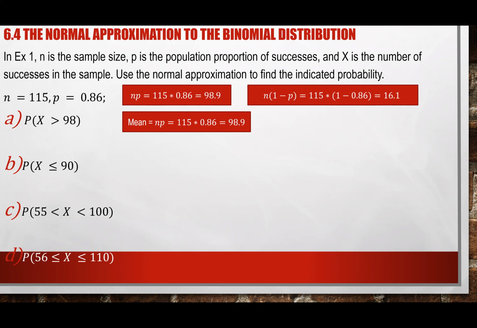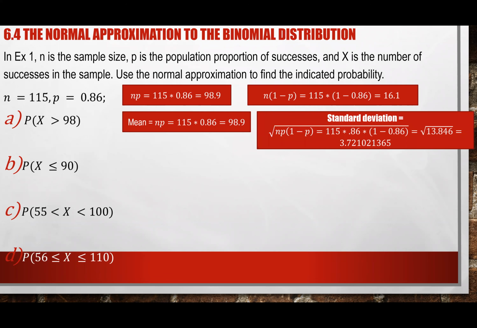Once the condition is met, we can go ahead and use the normal approximation, which requires us to find a mean and a standard deviation. The standard deviation is the square root of 115 times 0.86 times 1 minus 0.86, or 0.14. If you multiply those and take the square root, you should have